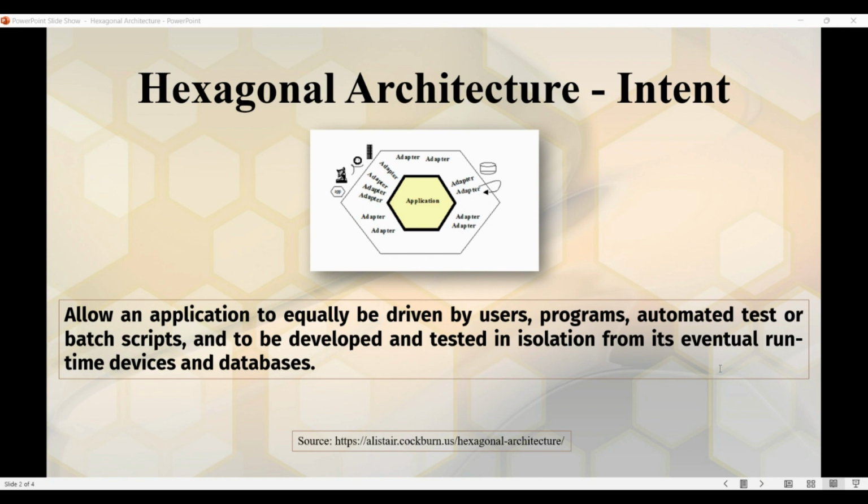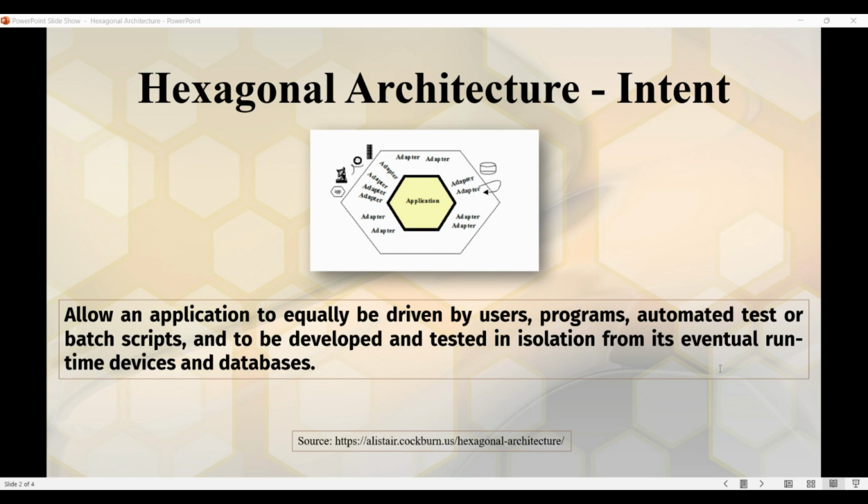As you can see in this architecture, the domain logic is completely independent of the external interfaces, like the UI or the database or web services. The external interfaces are implemented as adapters or ports that translate the data from the domain model into a format that can be used by the outside world and vice versa. This allows the system to be easily tested, maintained, and modified